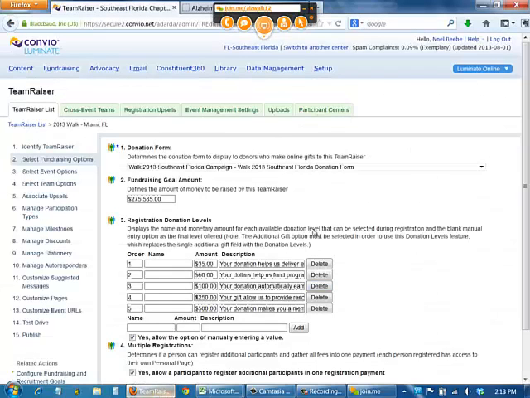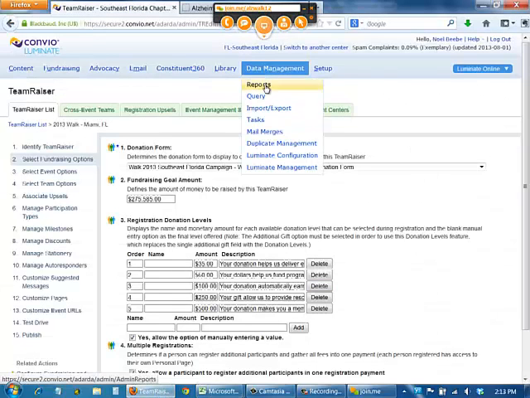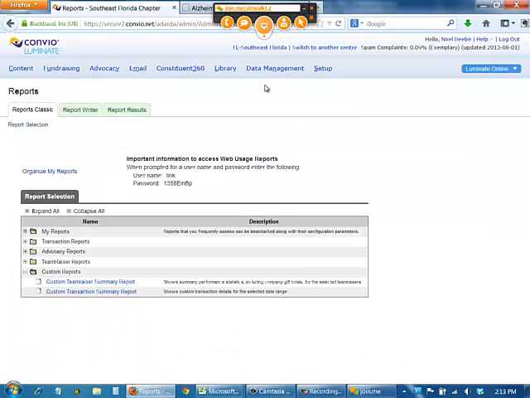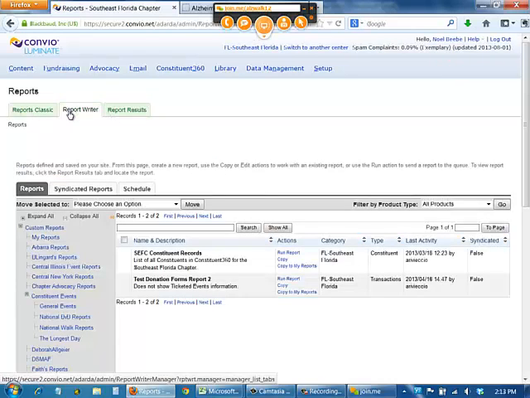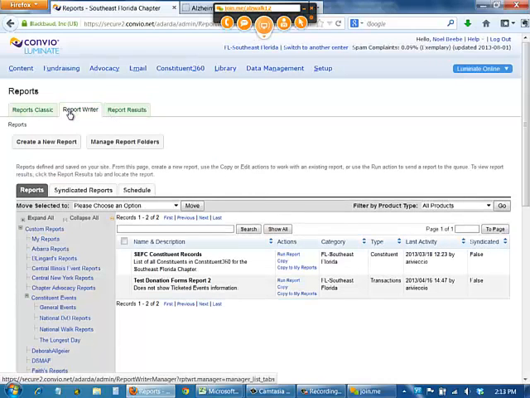All right, so going back into our reports, I'm going to go into data management and reports once again. And we're going to talk about Report Writer a little bit. So again, Reports Classic, you can use, I won't stop you, but my preference is to use Report Writer. Report Writer is a newer tool, and it has a lot more options. You can pick and choose which columns you want to pull into reports, and you can really granularly filter those